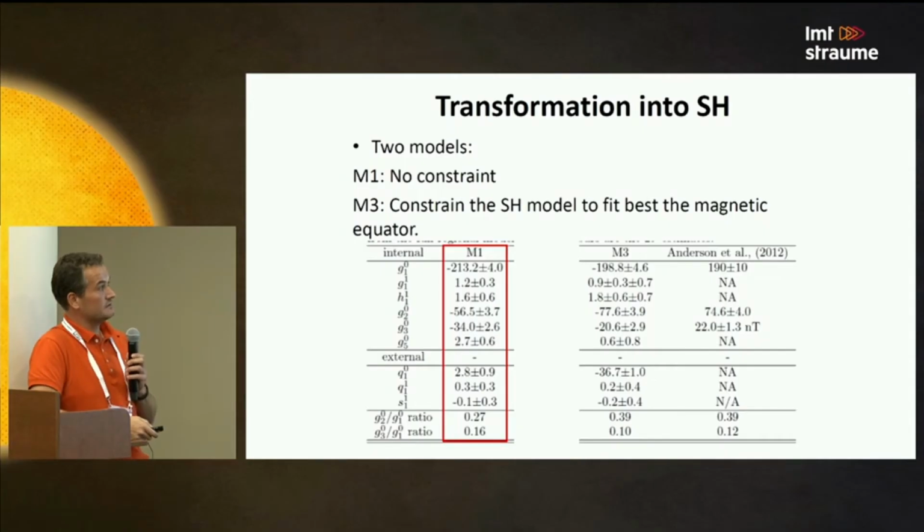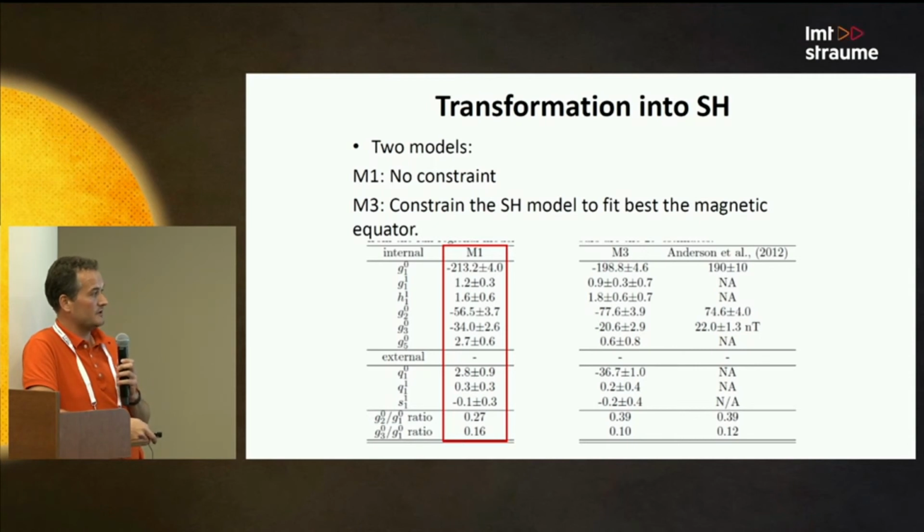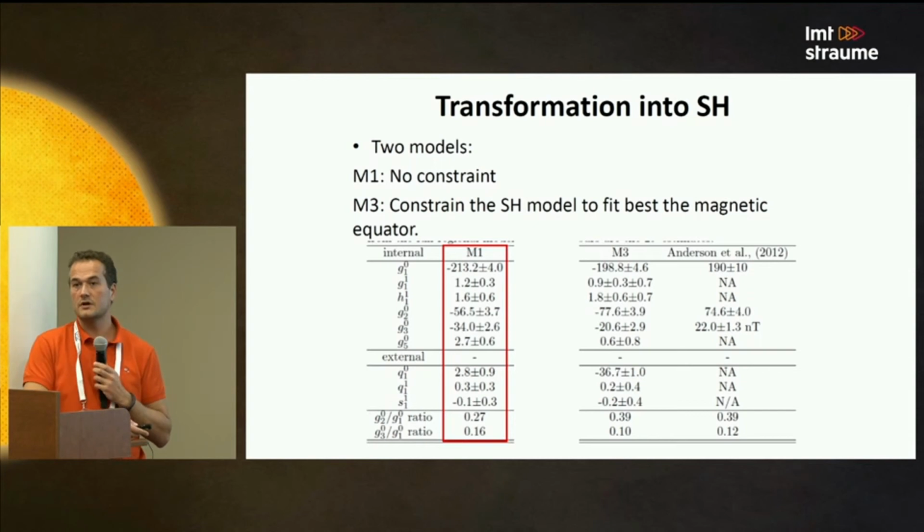If you do that, in the inverse problem, you just add 20 times more weight on the magnetic equator data than elsewhere, you end up with the M3 model here, showing now an increase in the quadrupole term and a decrease of the axial dipole term, and also a decrease of the octupole term, and you end up with similar values as the ones of Anderson et al. So it seems to us that